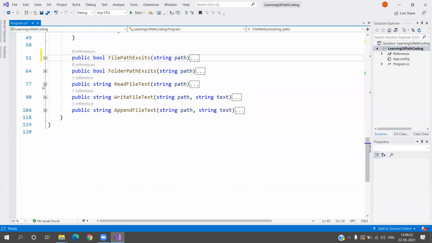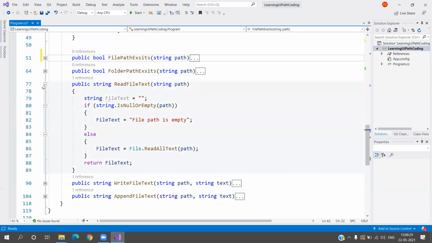Now let's move ahead to see the next three functions, which are interrelated. The first one is read file text. Here we are only going to work with txt files, not docs or Excel or anything like that, which will come in the further advanced videos, because in those we need to create a stream reader to read Word files and perform the operation. Don't worry, we'll be writing the functions for the complete Word activities that are in UiPath as well, but that will be coming in further videos.